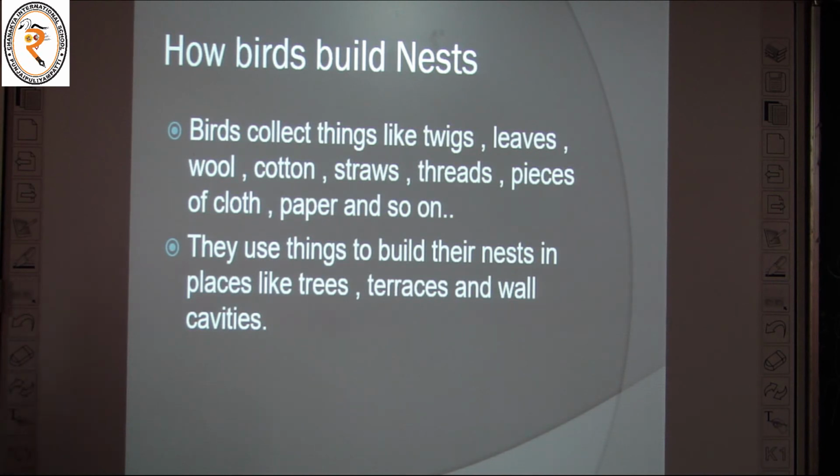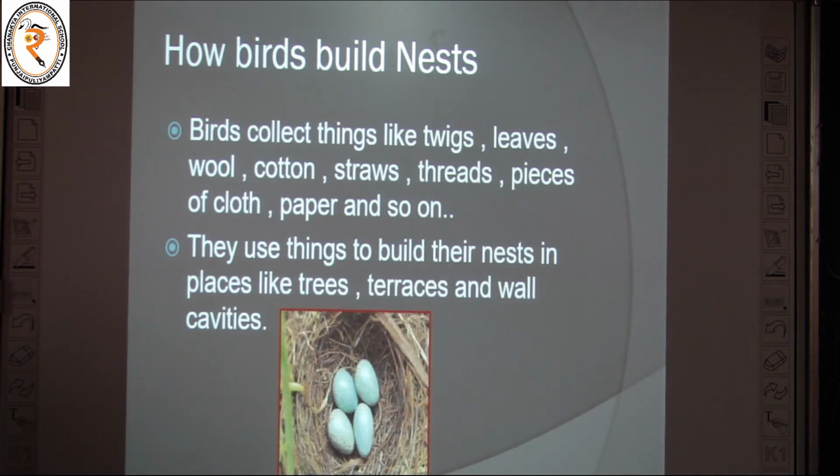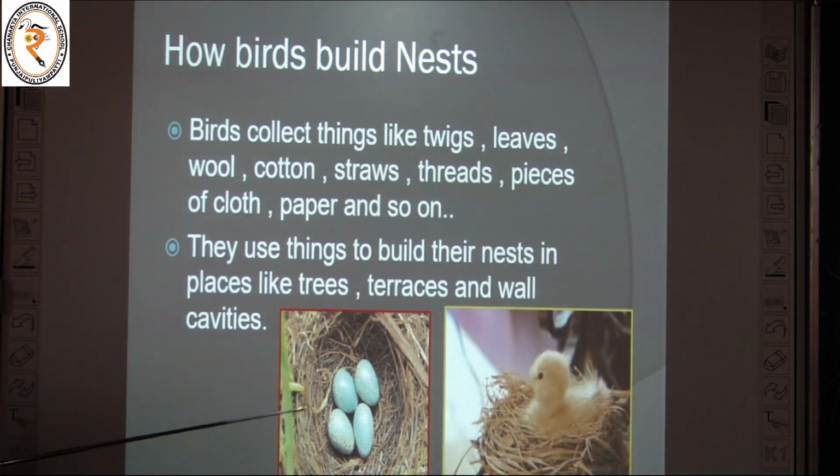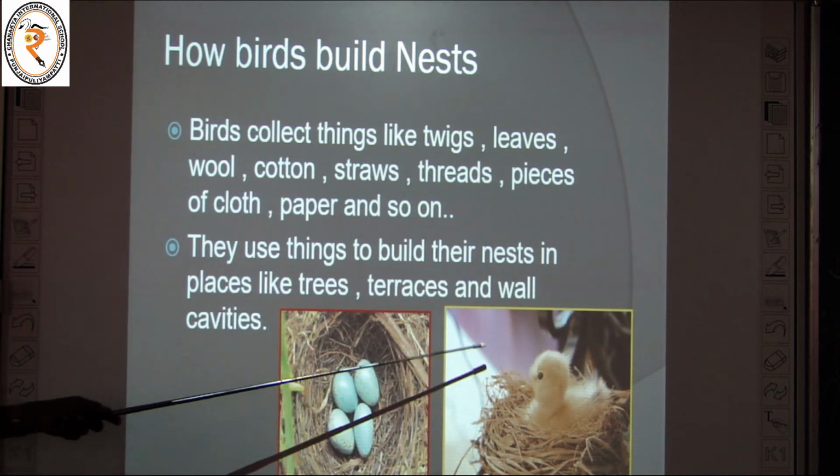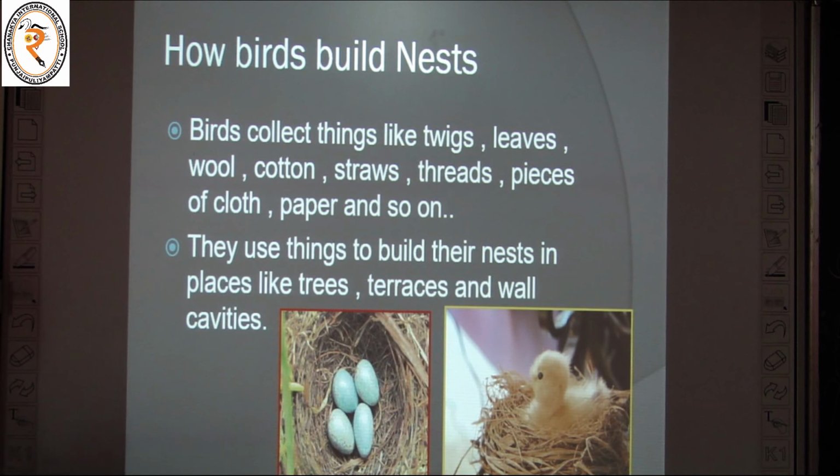They can build a nest in the holes of a wall. See inside the nest, what is there? Egg is there. After hatching the egg, the baby bird comes out from the eggshell.